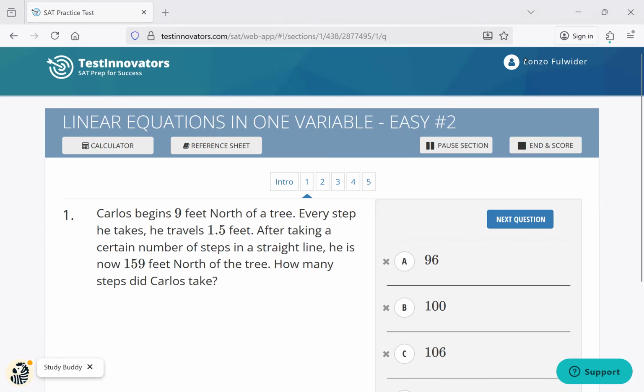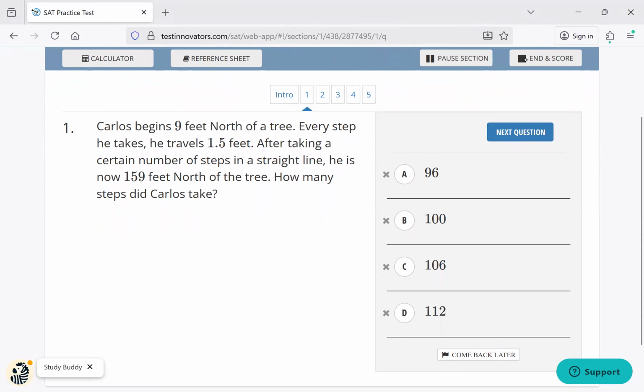Hello, this will be continuing SAT practice exercise, and we are going to do linear equations in one variable. We're going to do some easy problems. So this is another example of easy problems, or easy set of two. Okay, so let's begin. Question one says